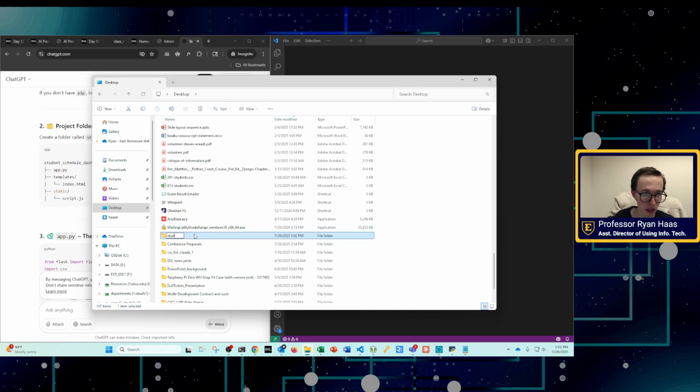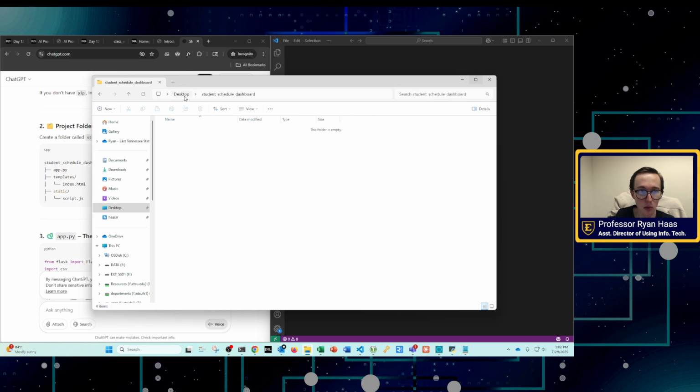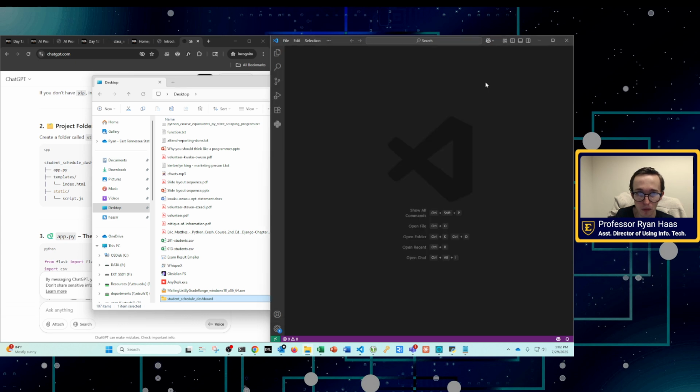It says student schedule, or schedule, depending on how you say that, dashboard. And so I'm going to try to follow exactly the way these are named so that it's easier to implement this all. So I have this empty folder, and this is where my app files are going to go.